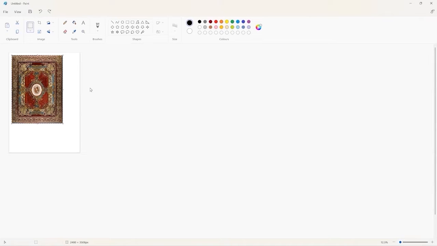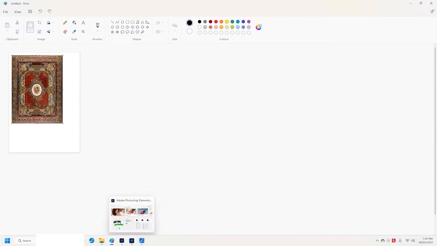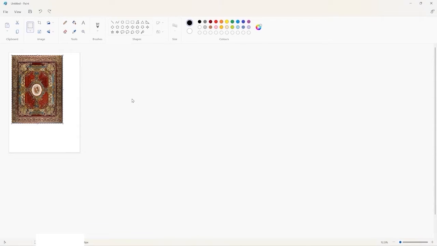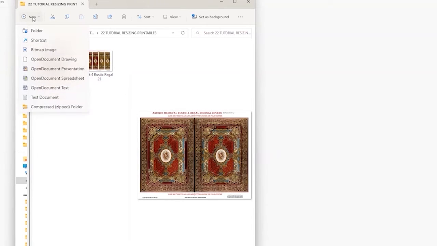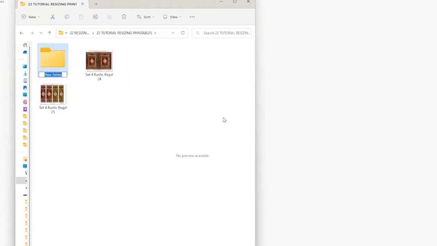Okay, so that's this one here. So you can go ahead and print it. Now, what I do recommend though is you're going to need to find a place to save this. I would recommend for those of you that are beginners to do it on your desktop, because at least that's an easy thing to find, because it's basically your screen in front of you. So it's just a matter of creating a folder and calling it